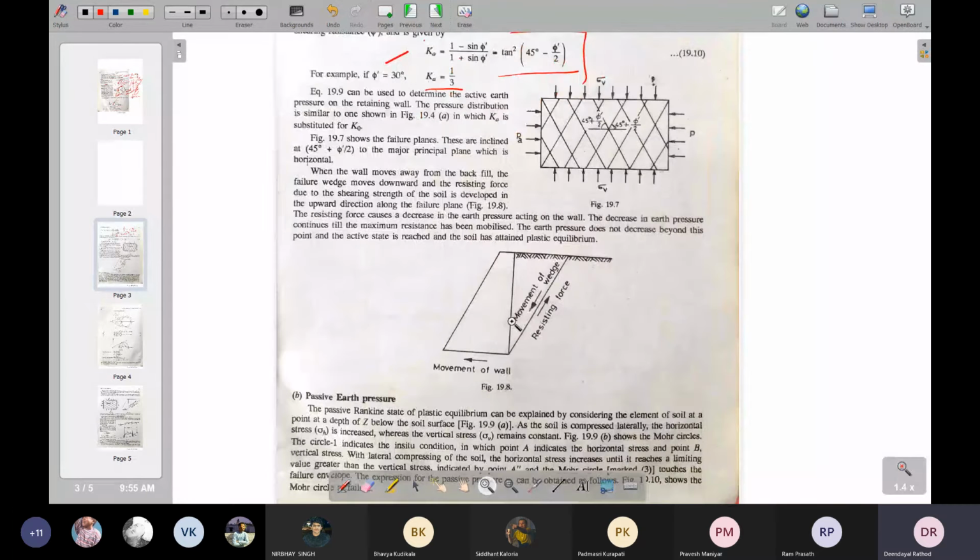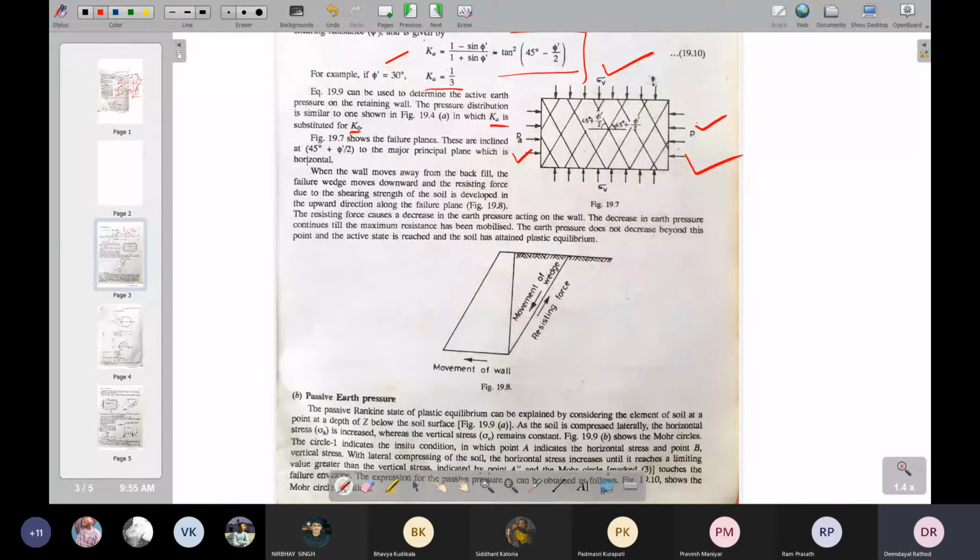Here it says the failure planes; this is the maximum principal stress and this is the minor. Equation 19.9 can be used to determine the active earth pressure on the retaining wall. The pressure distribution is similar to the one shown in the figure, in which K is substituted with K0. That's the only difference. This particular figure shows the failure planes. If you draw the failure planes,